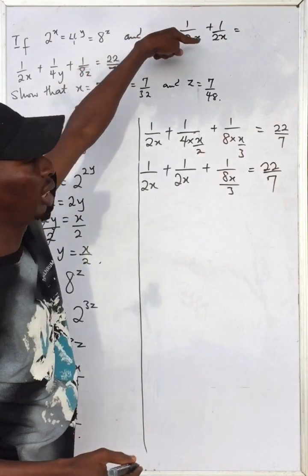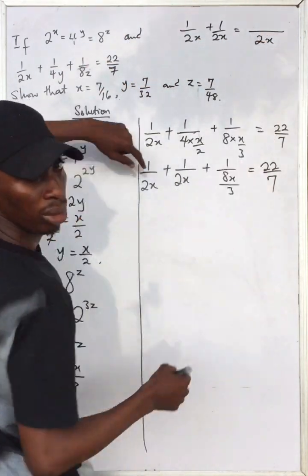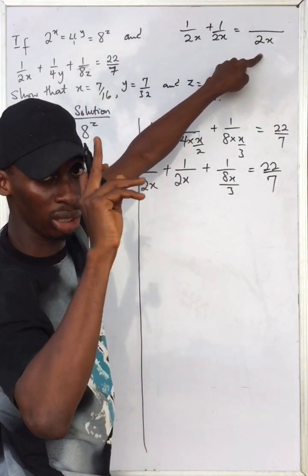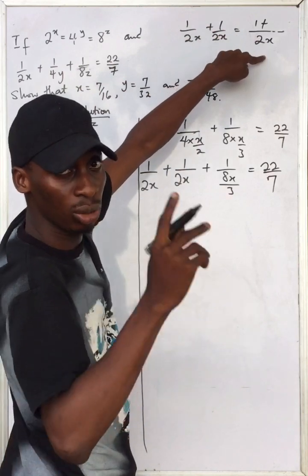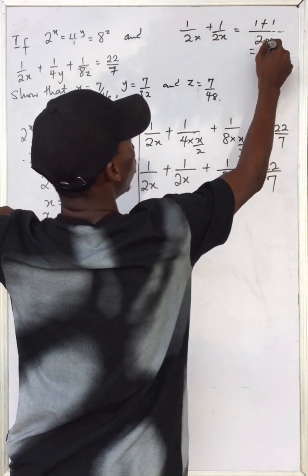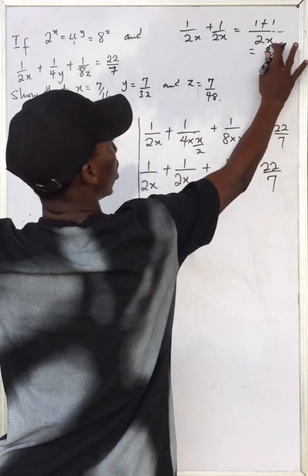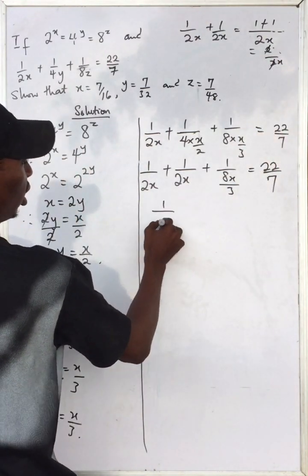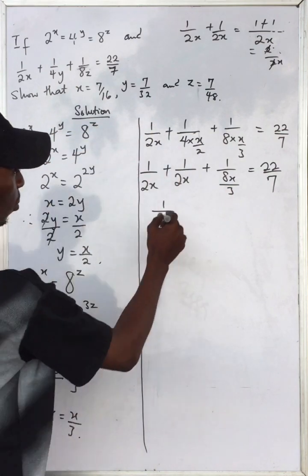Yes, if we decide to find the LCM of these two denominators here, the LCM is 2x as well. 2x in 2x is 1. 1 times this one here gives you 1, plus 2x in 2x, 1 times this one gives you 1. So that's 2 over 2x, 2, 2, you understand? So that gives you 1 over x. The whole of this diminishes to this value we are having here, plus